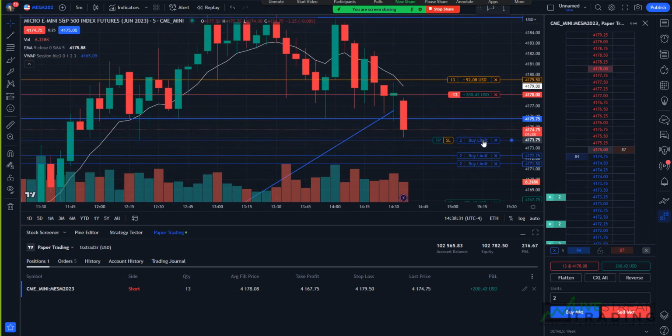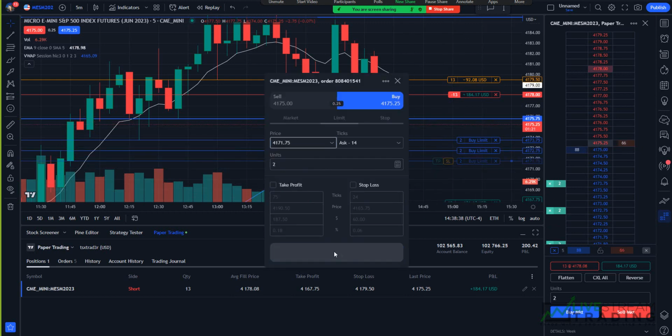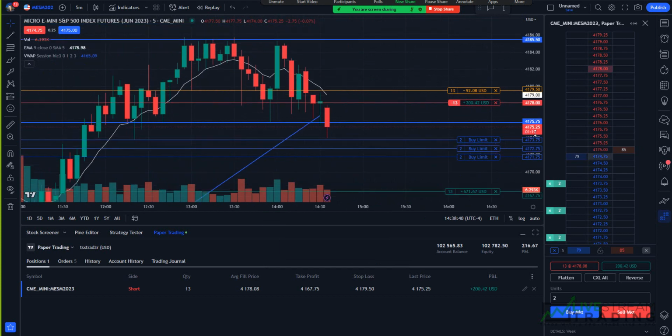So again, really easy to move things around. Just going to slide some orders around. Let's bring that 2 up. Let's bring this 2 up. It's actually more of a bullish market structure today, but we were just really extended, so we were due for